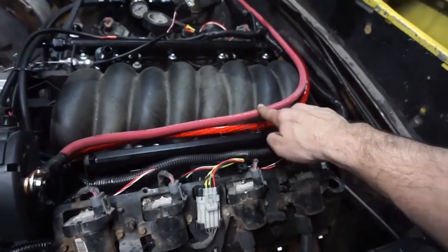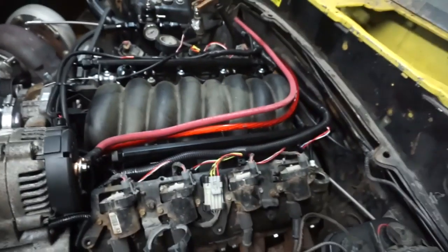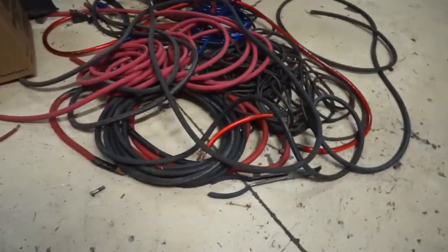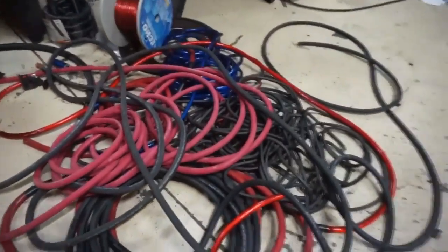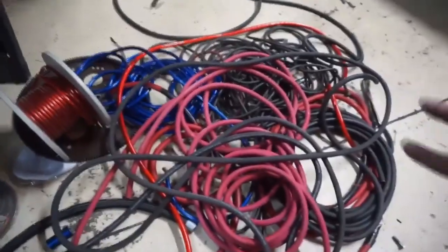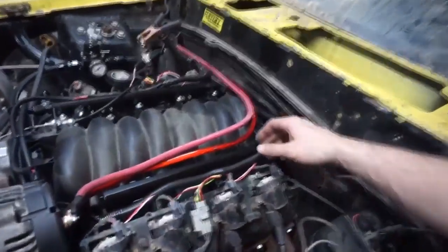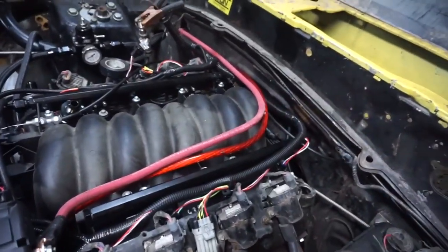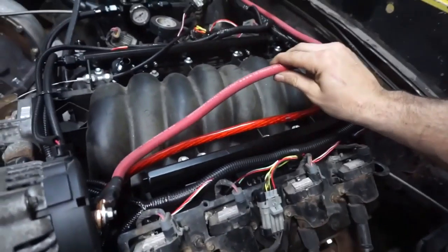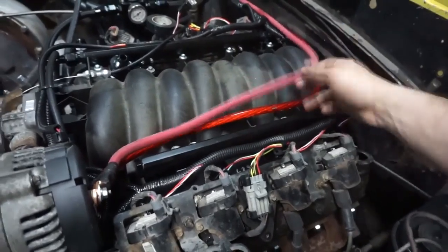This is all copper wire. This is welding wire. A lot of this stuff I just had extra laying around. A lot of you guys know, I was an old stereo guy back in the day, so I have a lot of wiring left over. Lots of wiring. It's easy to go a little overboard on wiring because I still have a bunch of stuff laying around. So this is coming from the battery in the back, the copper welding wire going back,